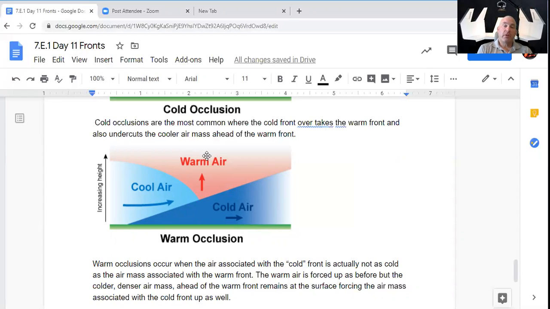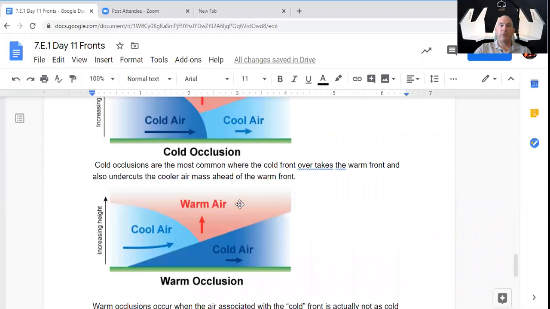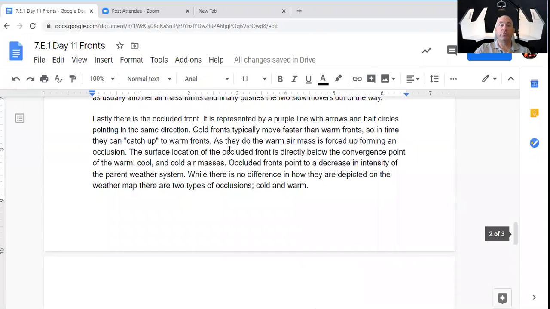The warm air will contain more moisture than the other two air masses, and as you force it up, it will precipitate out in some form. Maybe not storms, but it will give you a little bit of rain. But that's an occluded front. So with either situation, warm air is forced upwards, and when that happens, you usually get some form of precipitation. So, warm occlusion, cold occlusion, occluded fronts,